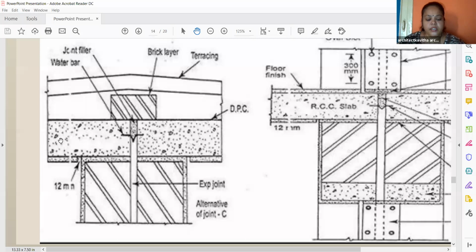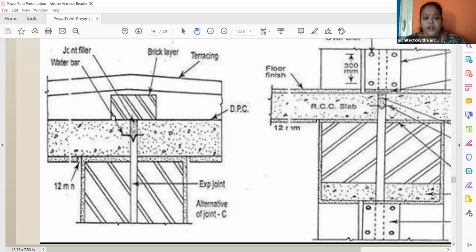If you see here, this is the slab section that I'm showing you, detail of slab. So this is slab, this is slab. You will give two different walls again, or if you have columns, you will give two different columns for the structure. And then this is the slab, this is the slab. You have a gap, even in the wall you should have the gap, or column also you should have the gap, and even here you should have the gap. So this is the water bar that I showed you. After that, again they have filled this joint with joint sealer, only the top portion, so that water will not go below. So you're taking extra precautions to protect it.